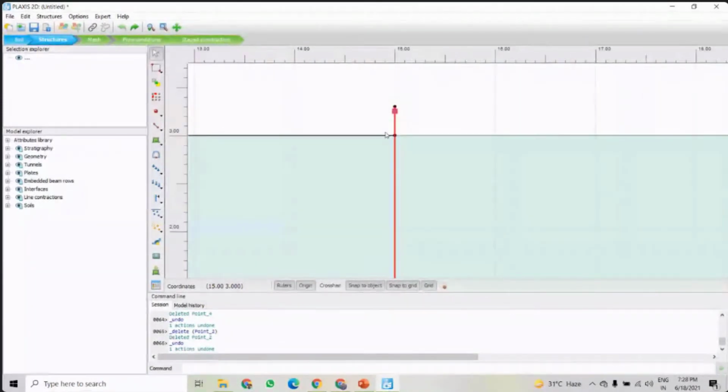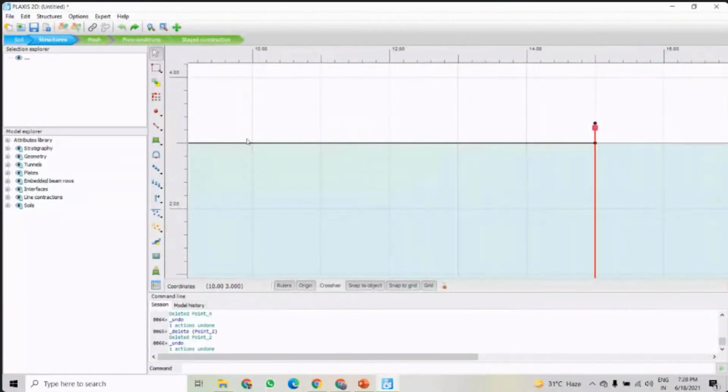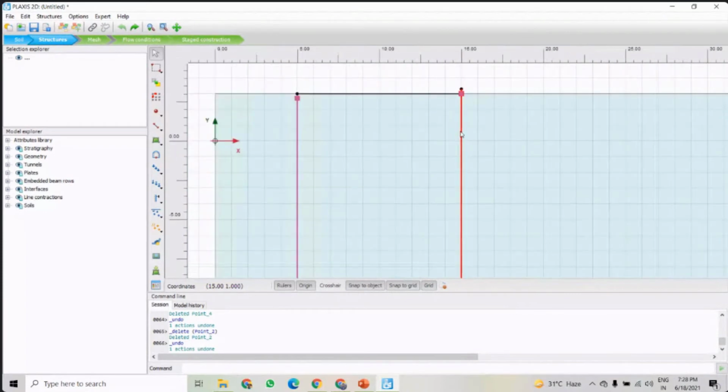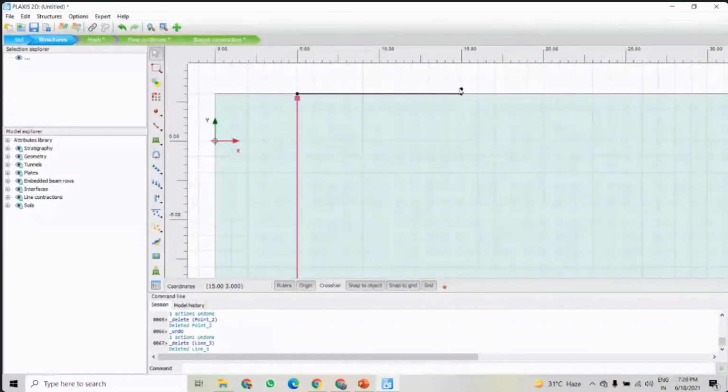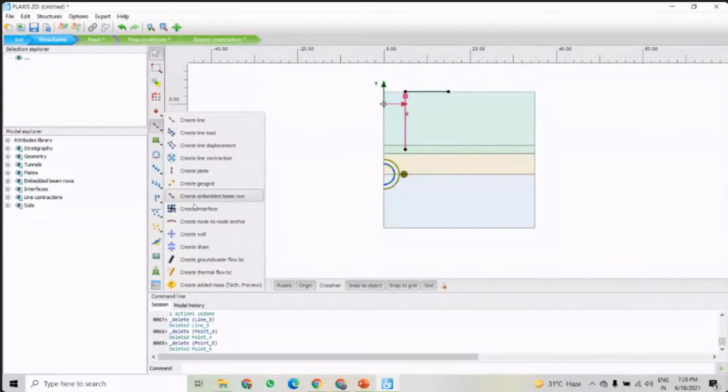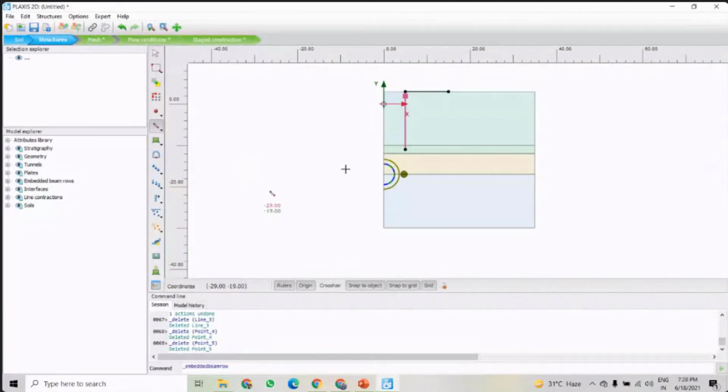We can see this reaches up to here and this reaches up to here. So if I delete it from here, let it row.